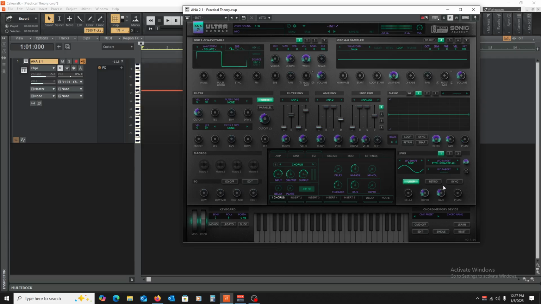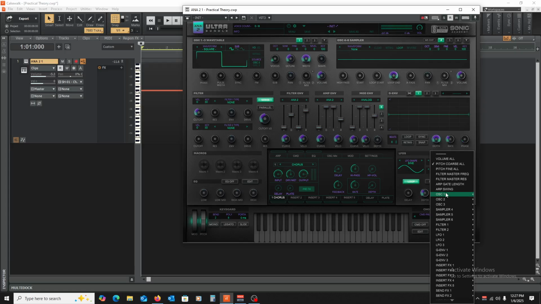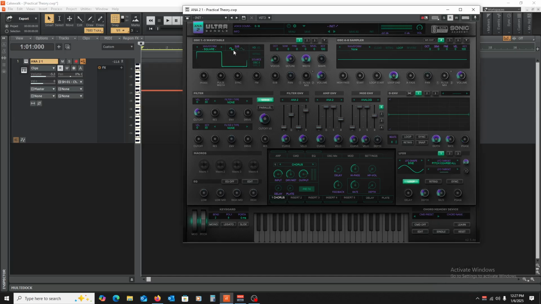And you can have these parameters affect the different parameters. So for instance here, just as an example, because I brought it up, if we play our single note here with this square and we were to play with this sync, you will hear the sound of this change.